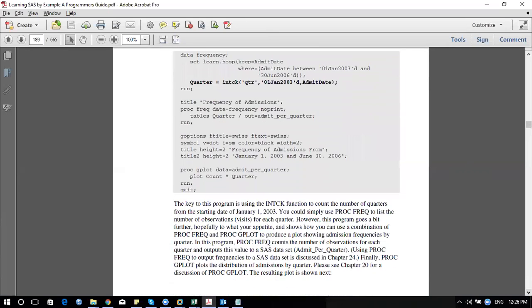So this is the query which we use for manipulation. That's why they said keep this year where admit is equal to this. You can try doing this. Getting it? So they are creating the INTCK function and they wanted to know how many quarters fall. And here they are using a graph, which we'll talk about later. Graph we have separately. Based on that, within the query itself, they are trying to use the filter options.